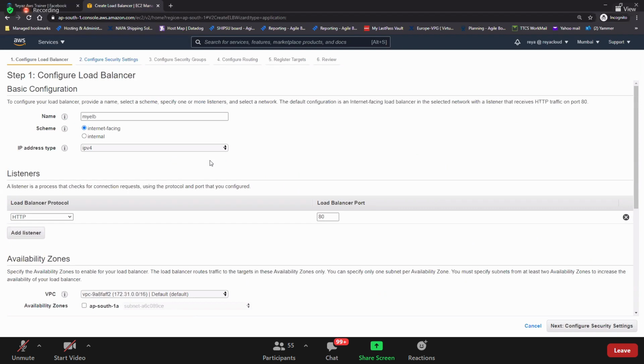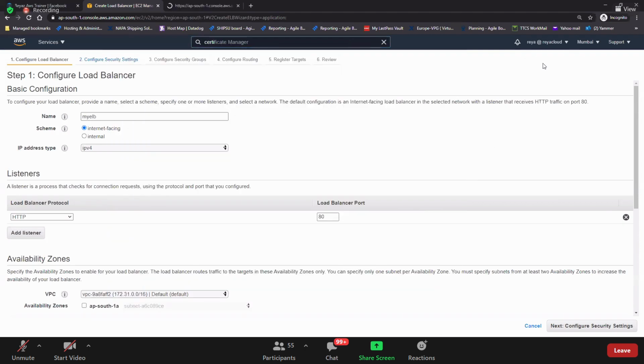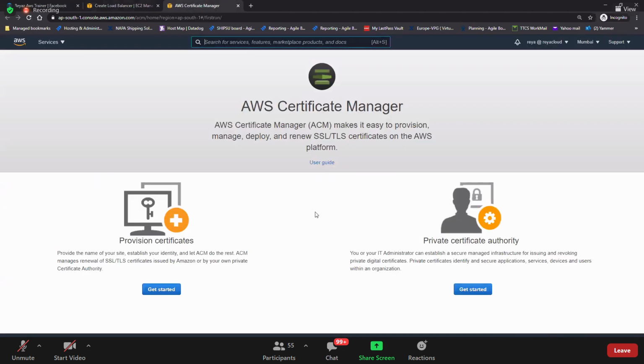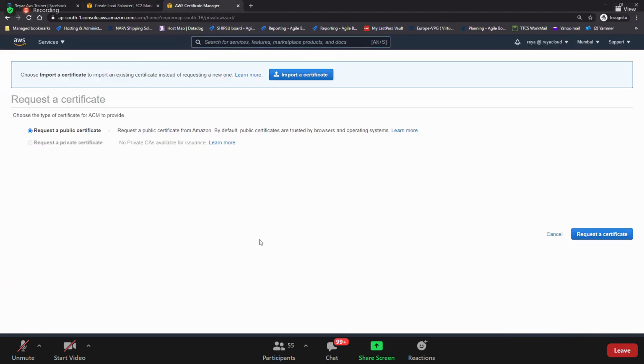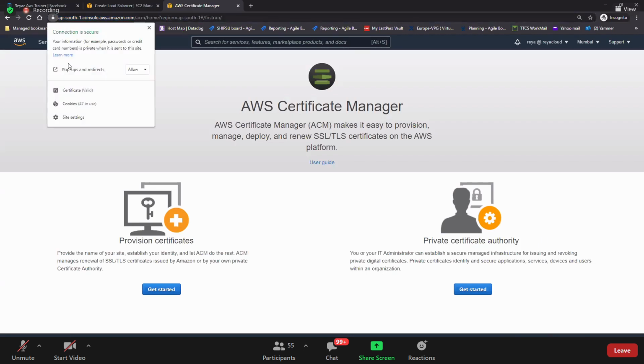Do you remember which service in AWS supports certificates? Certificate Manager. What is that? Certificate Manager. So usually you go to GoDaddy and you'll get it, right? So here you don't need to go to GoDaddy or anywhere. Here we have something called Certificate Manager. See, you can create your own certificates in AWS itself, guys. But for this you need to have a domain. Let's say for example, this is a certificate here. See, certificate.